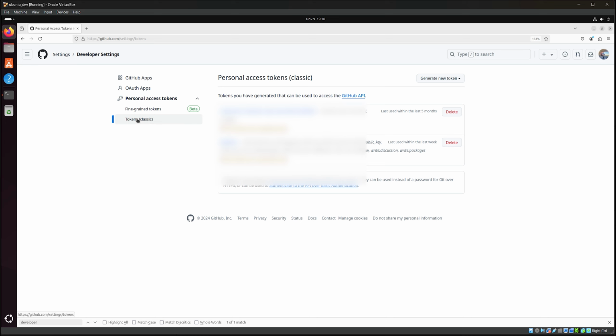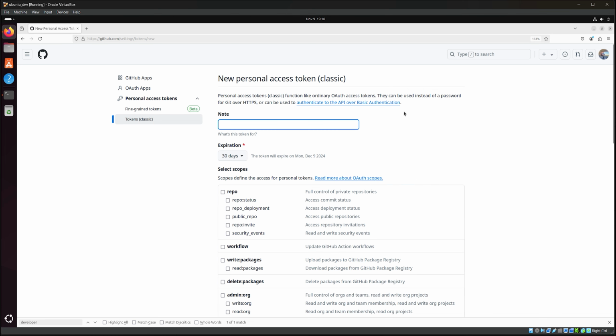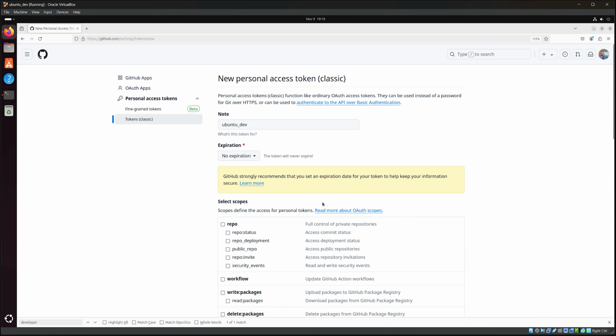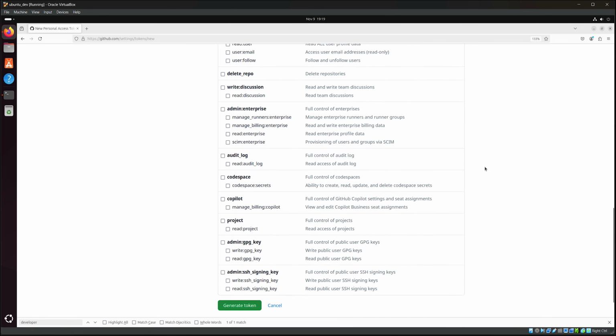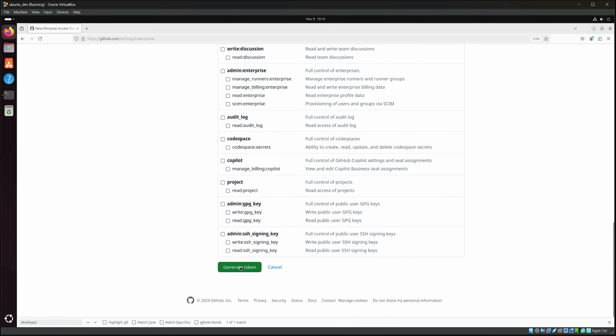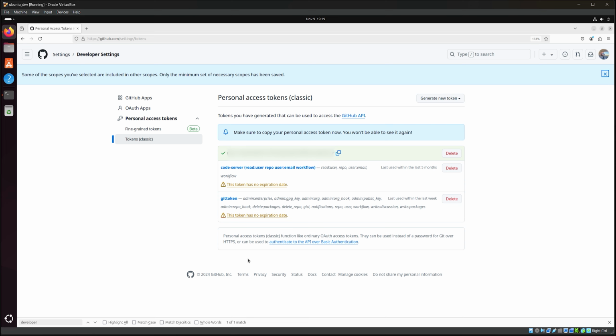And now we're going to click to generate a new access token, and then finally generate new token classic for general use. I'm just going to put here my Ubuntu dev. That way I know that it's used for that. I'm going to set the expiration to never. Do whatever you feel is best for security purposes. And then as far as the scopes, I'm going to just click on repo, and then scroll down and click on generate token, and then copy this because we're going to use it to sign in here